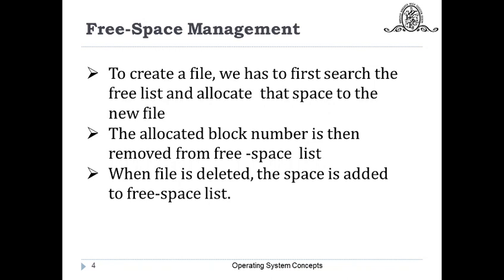Here I will give you one example. Suppose on my secondary storage there are 10 blocks, out of which 6 blocks are already occupied and 4 blocks are free. Those 4 block numbers will be listed in the free space list. Whenever I want to create a new file, I will first find the free blocks in the free space list, then they will be occupied by me and those block numbers will be erased from the free space list. And whenever I delete some files on that secondary storage, those deleted block numbers will be added to the free space list. Now how is that possible, that we will see.